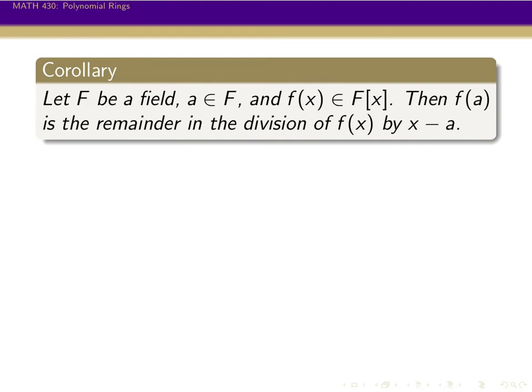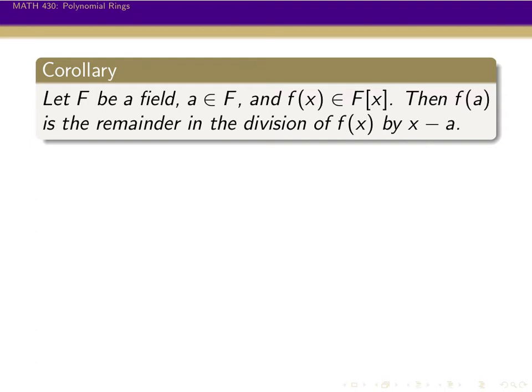Okay, so now we have some corollaries coming out of this. The first two of these corollaries are going to be homework problems, so we're not going to be proving them right now. But first of all, if we let F be a field and a be some element of F, and f(x) be some polynomial over F, then f(a), so if we plug a into f,